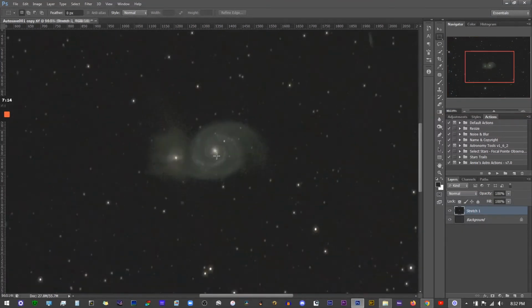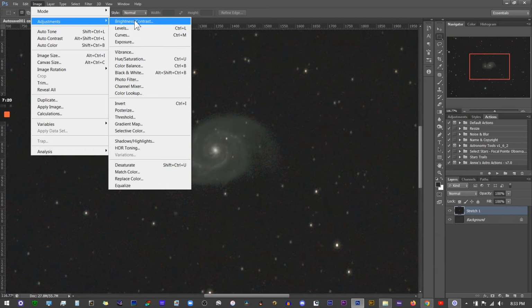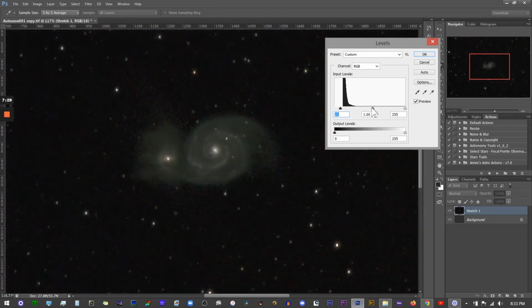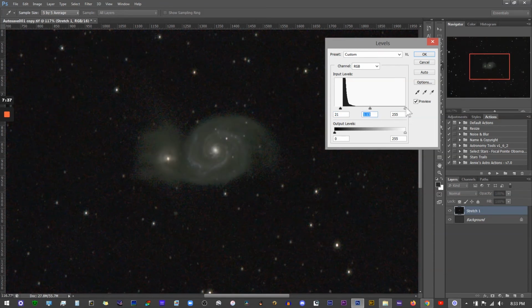Now here is where we would go back into our levels. So we're going to go to Image, Adjustments, Levels, and notice how we still have another gap on our shadow area here. So we're going to slide in our black point. We're going to slide in our gray point to about the first part of the data, maybe not quite that much. And then I'm going to slide in the white point slider just a little, just to make the core of the galaxy and some of the stars pop a little bit more. I'm going to confirm that,